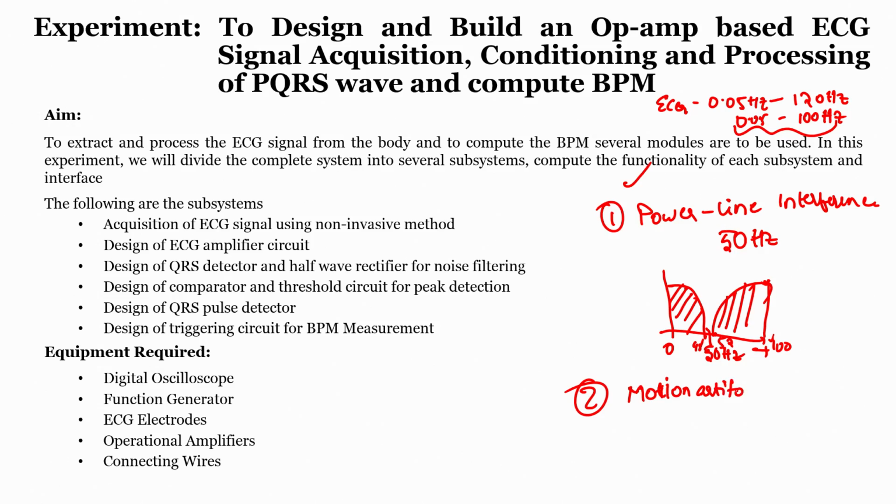Right. So, in order to remove these motion artifacts, generally speaking, these motion artifacts will be somewhere around lesser than 0.05 hertz. So, it will be somewhere around 0 to a maximum of 1 hertz. So, if I use a high pass filter with a cutoff frequency of somewhere around 0.5 hertz, any frequencies lower than 0.5 hertz which are due to the motion artifacts can be completely filtered out. So, that we can have a signal from 0.5 hertz to 100 hertz, but our major intention here is to find out the BPM.